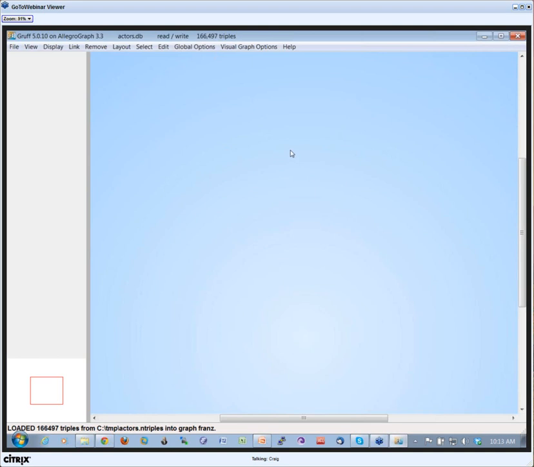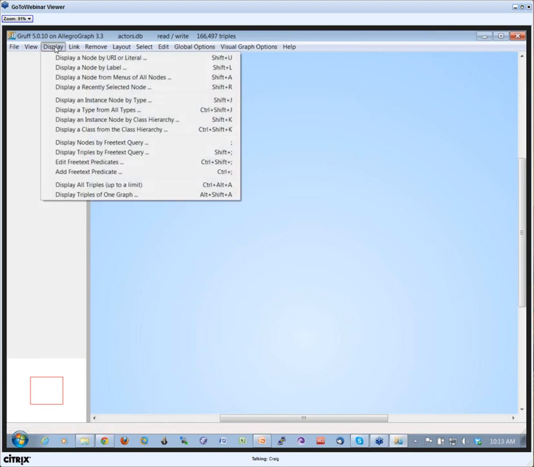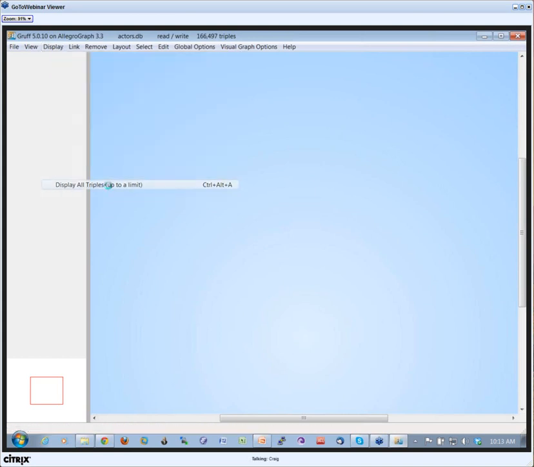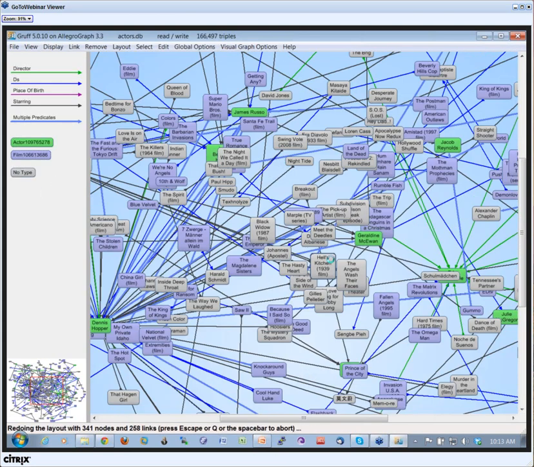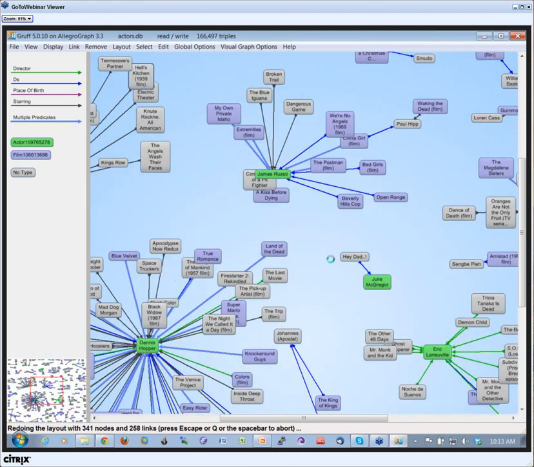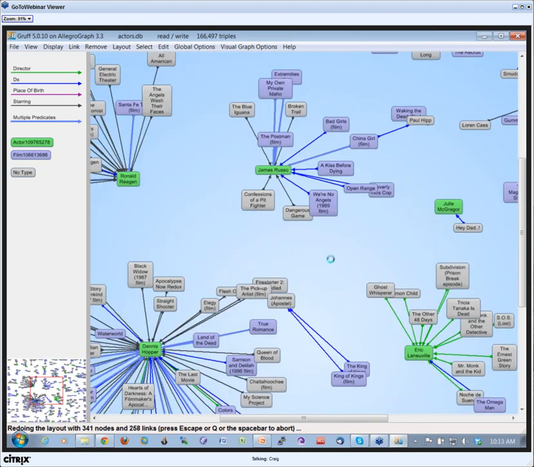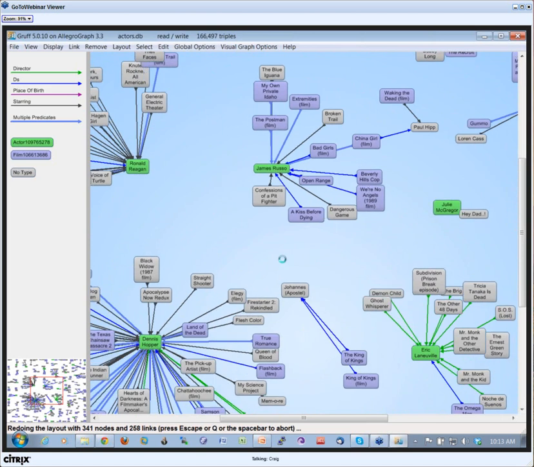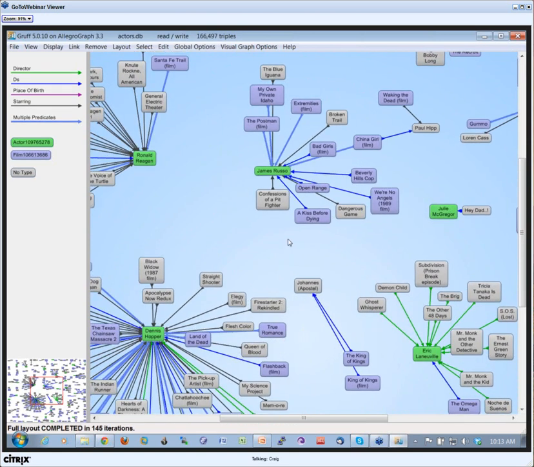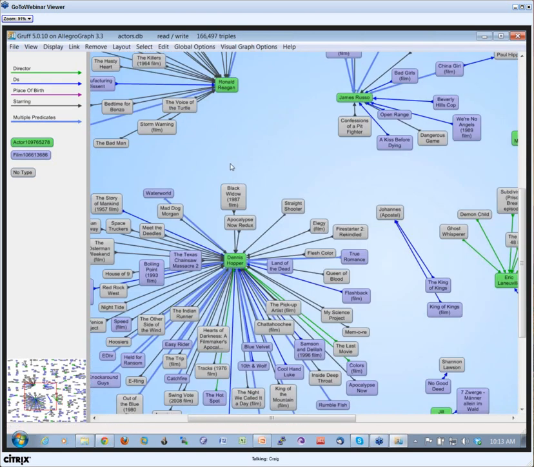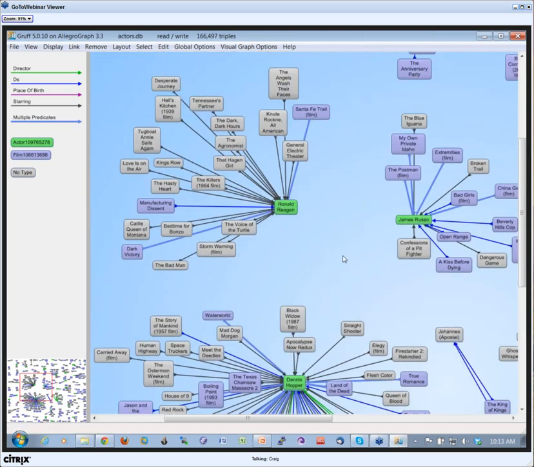But now we want to look at some triples. So just for fun, if you want to see how your triples look, then one quick command to get some triples on the screen is to click on Display, and then display all triples up to a limit. So here I show some triples. Yes, so I see some triples with Dennis Hopper, some triples for Ronald Reagan,